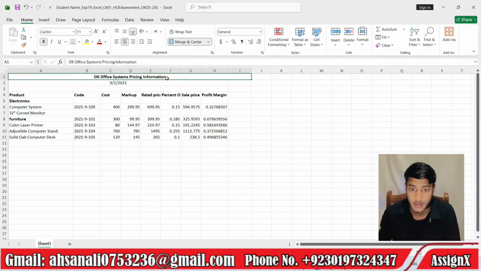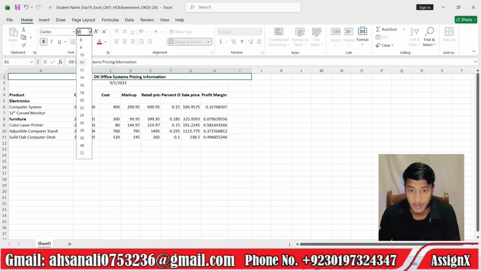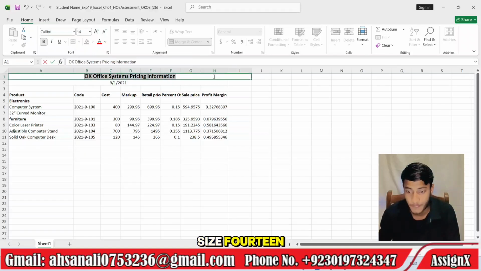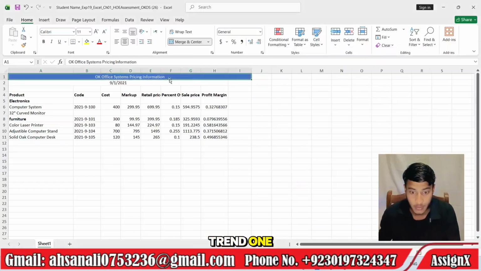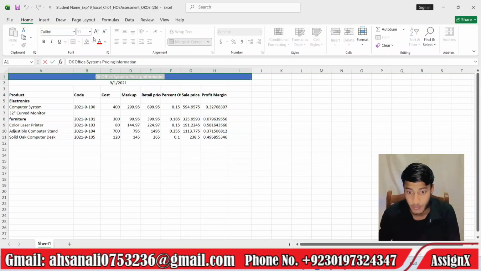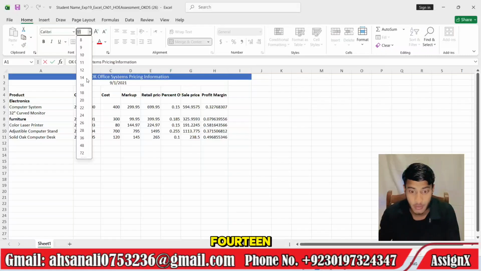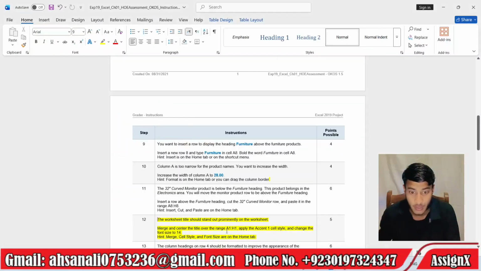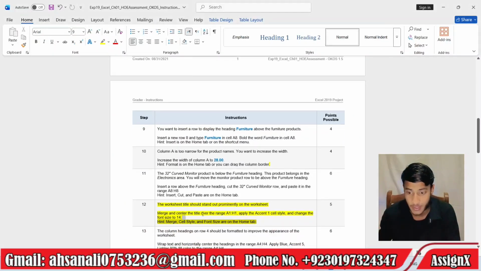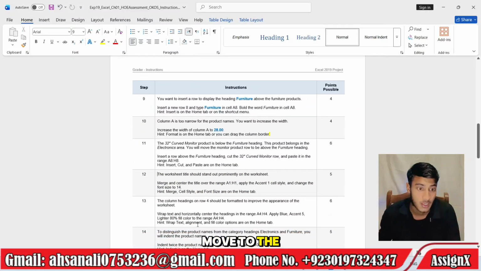Merge and center, size 14, cell style, Accent 1. Complete step 12 and move to step 13.